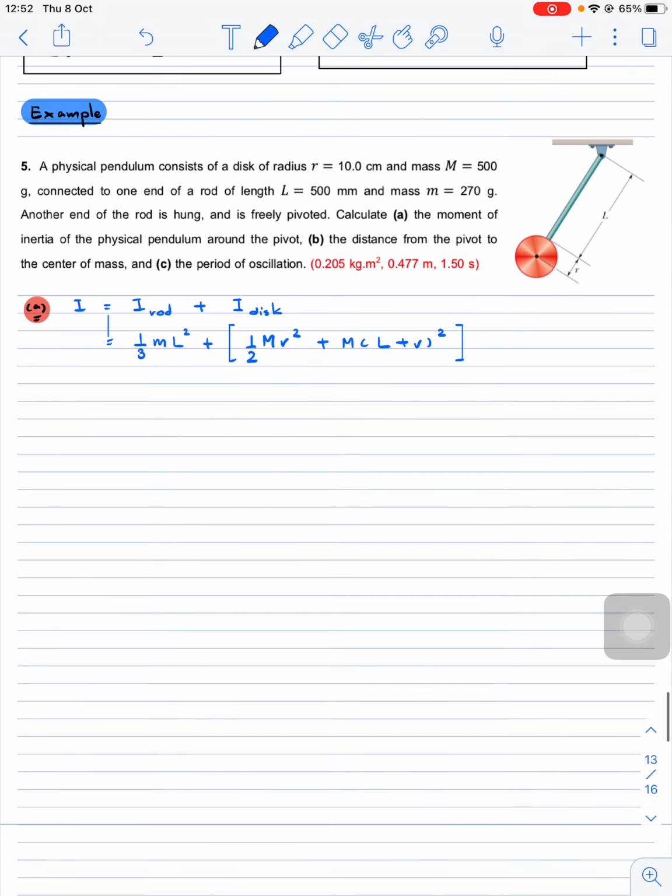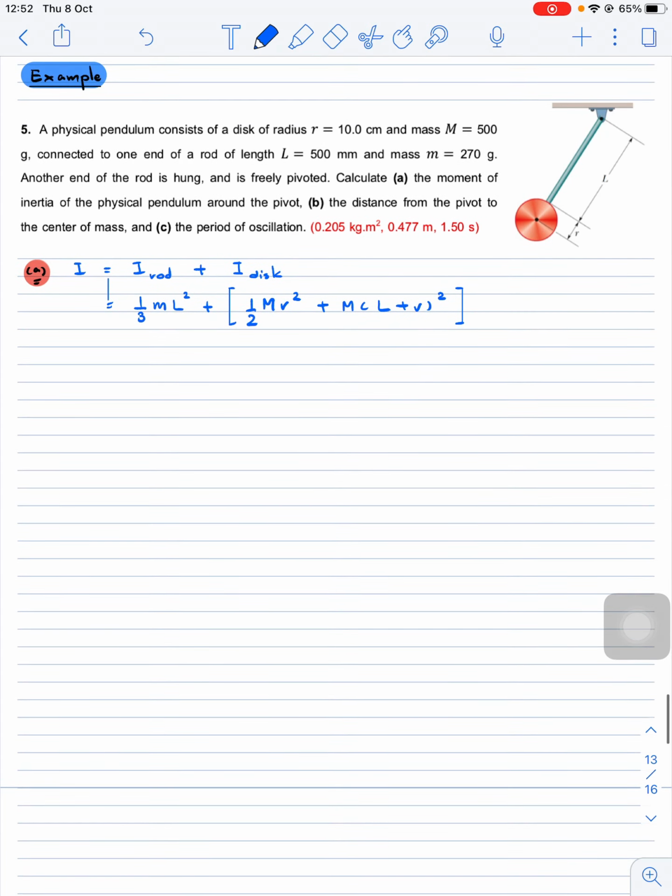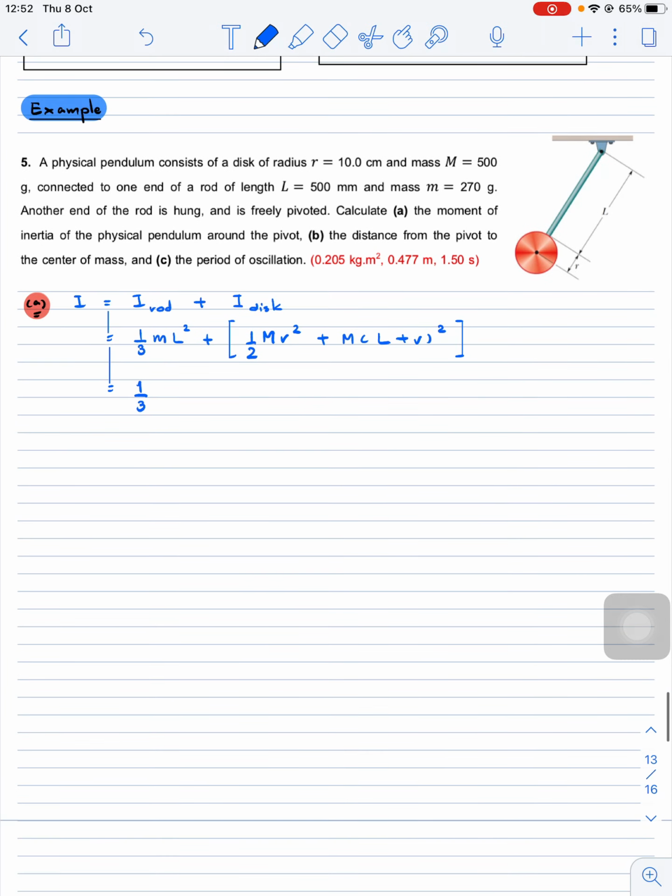So that's the moment of inertia of the whole system here. Now let's plug in the numbers in SI units. For the small m, here is 270 gram, we can change to kilogram, 0.270, and now times L. The L is 500 millimeter, we can change to meter as well, it's just 0.500 squared,